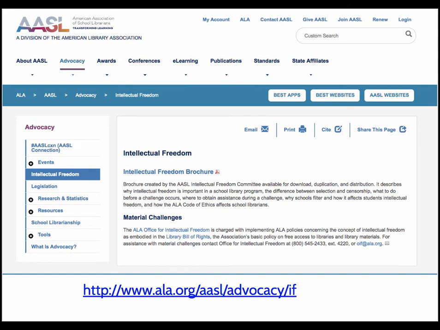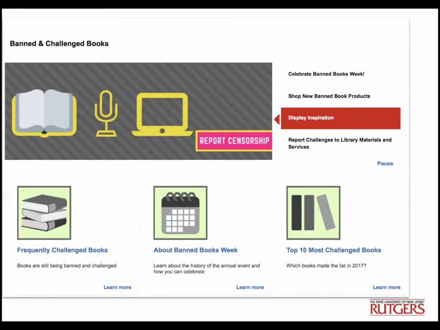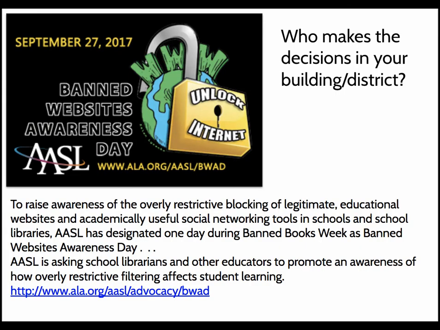The intellectual freedom statements are absolutely worth reading, and we'll talk more about selection policy later in this talk, but be aware that support is out there for you when you're making tough decisions and brave decisions. You can read all about banned and challenged books, and in September each year, we celebrate, that's an interesting word, Banned Books Week, and there are lists every year of the top most challenged books, and there's definitely support.